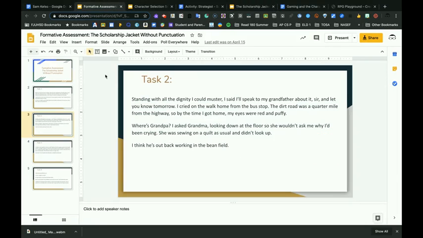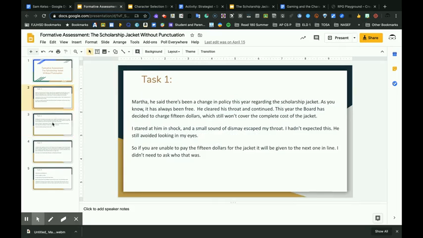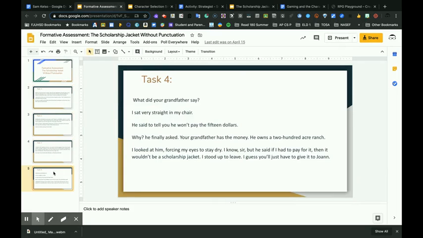So the first thing that we did is we studied rules of punctuation. I then selected key chunks of text from the story that we're reading, The Scholarship Jacket, removed all punctuation. Students were then tasked with restoring the punctuation. And this also gave students a nice insight in terms of the overarching storyline before they actually dove in and